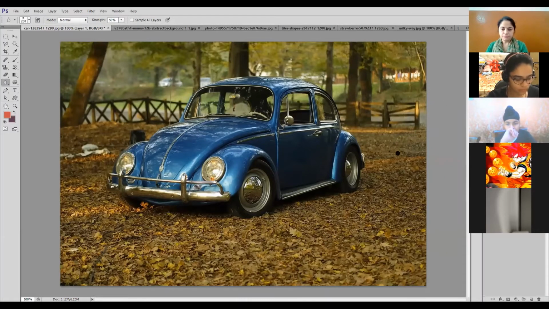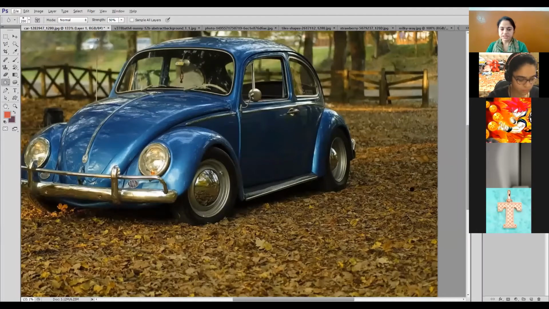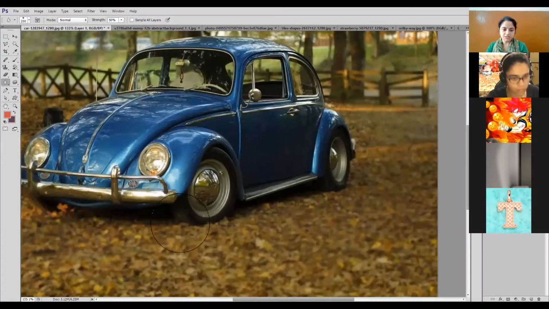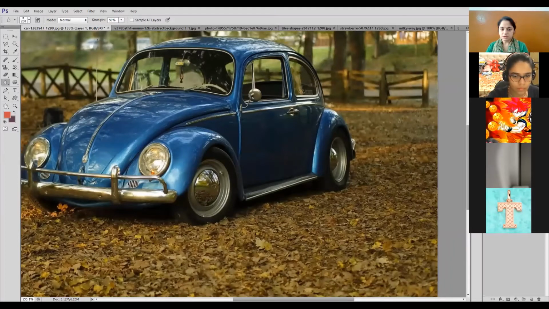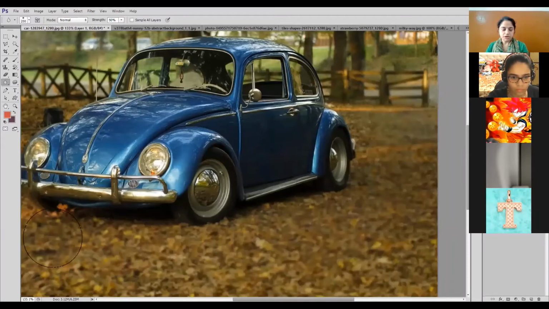Now if I display layer 1, see, these leaves are blurred. I had given this blur effect to them. You can see the difference. You can drag it over again to give it more effect, or you can blur them more by dragging the mouse again and again over them.